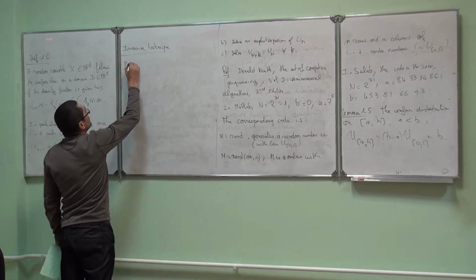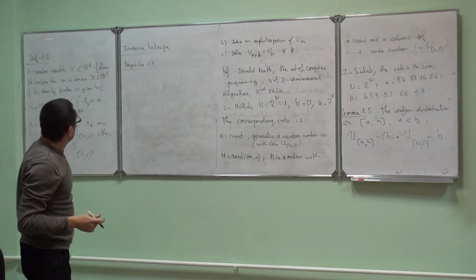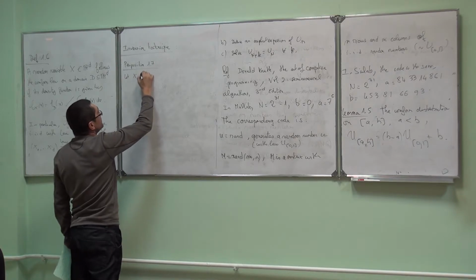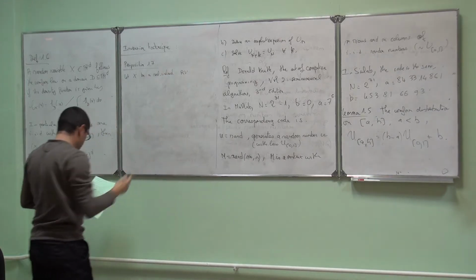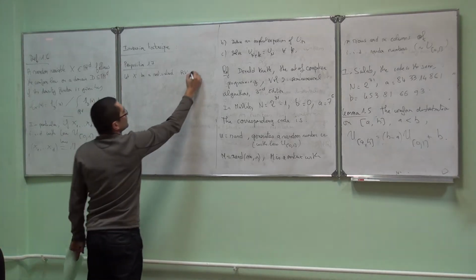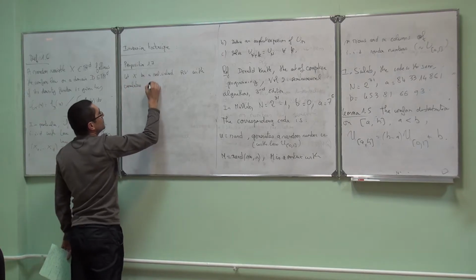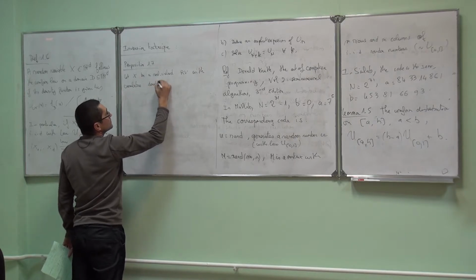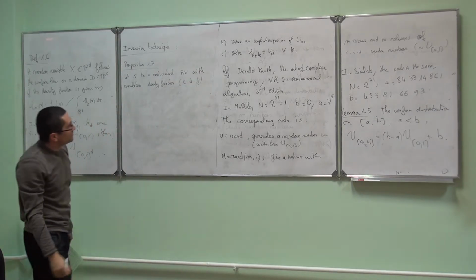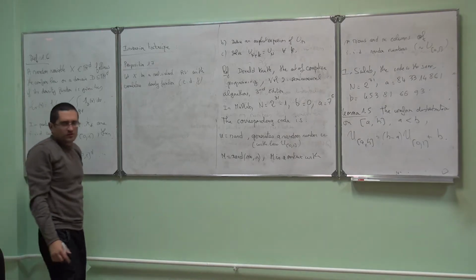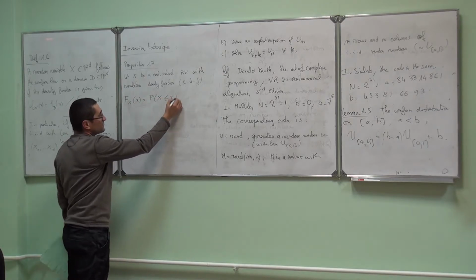Proposition. So we consider X, let X be a real valued random variable with cumulative distribution function, CDF, F capital X of small x defined as the probability that capital X is less than x. Okay,